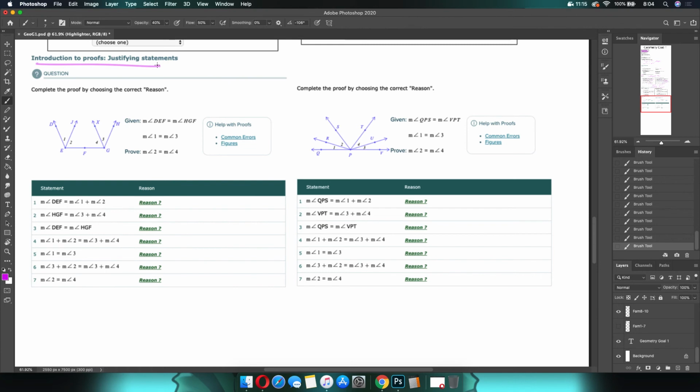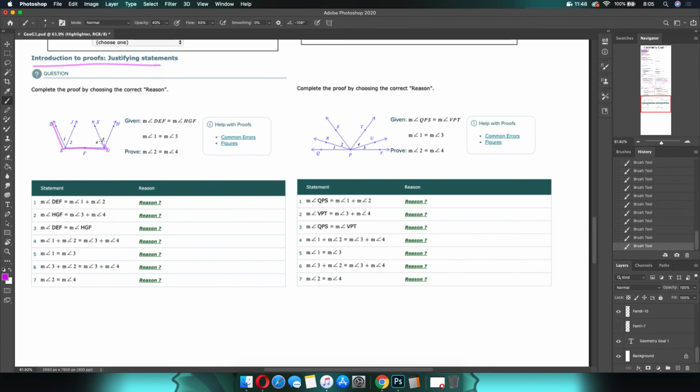What I can do to help you, because these are not the pencil and paper days where I could sort of subconsciously get you guys ready for it beforehand, is pick the things that are justifying statements, okay? Which they are nice for you in Goal 1, and they do it to you in later chapters too. Do your justifying statements first. So what you're doing is you're trying to figure out, what is each of these lines of this proof actually telling me? So for example, we are told that DEF